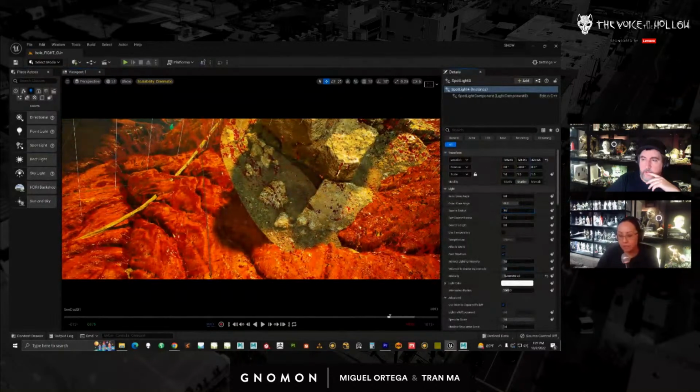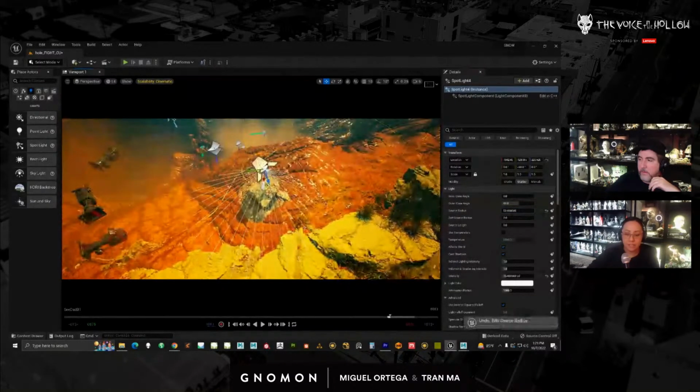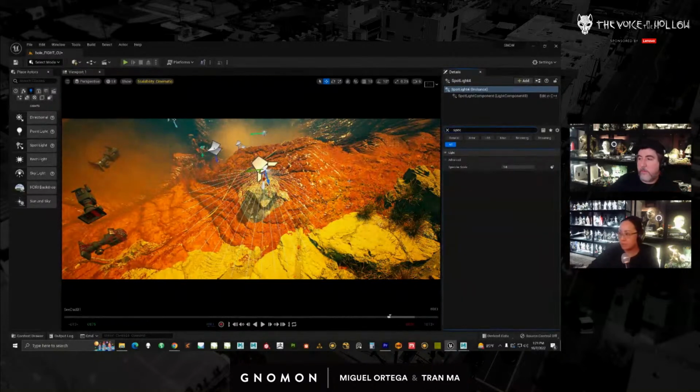What I'll do to make it feel more soft is I'll increase my source radius. So that actually will increase the softness of my shadow, make it less sharp, right? If I'm at 0, shadows are sharper. And if I go to really extreme values, that makes the shadows really, really soft. The second thing I'll do to remove the spotlight look, because they tend to be really reflective, is I will change the specular scale.